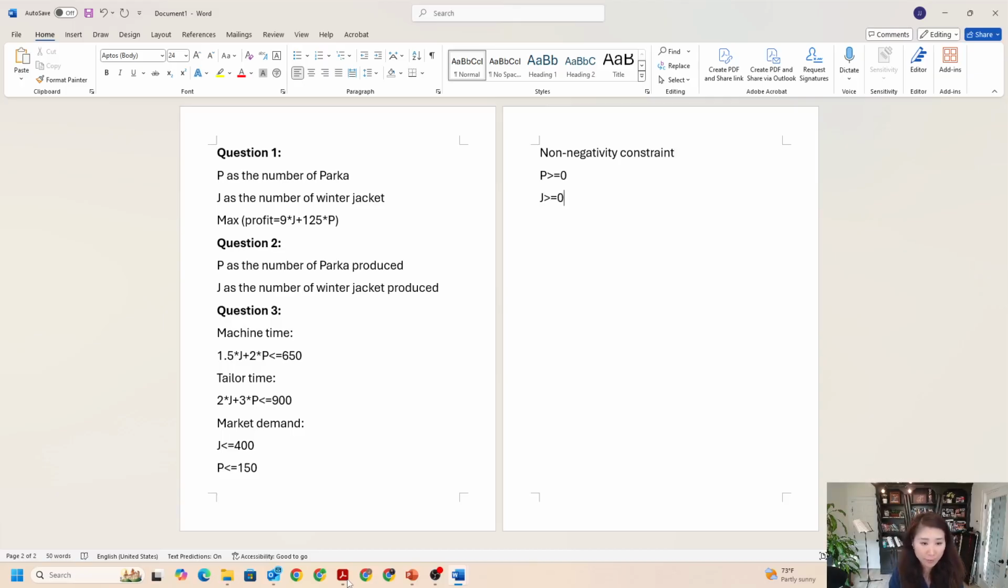Okay, here we go. So this is the answer for questions 1, 2, 3. Once we set up my objective function and identify all the constraints we have, we can first leverage the graph, then leverage the Excel Solver to identify the optimum number of Parkers and winter jackets to produce so that we can maximize the profit. This is a very important step, and students sometimes forget to identify the correct number of constraints, so that's when mistakes happen. Okay, so